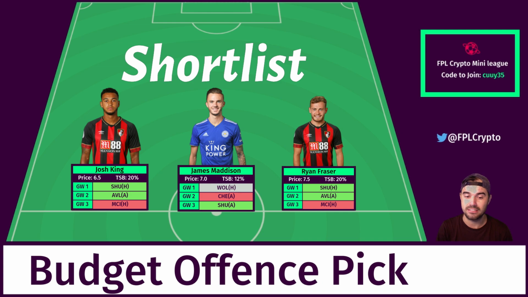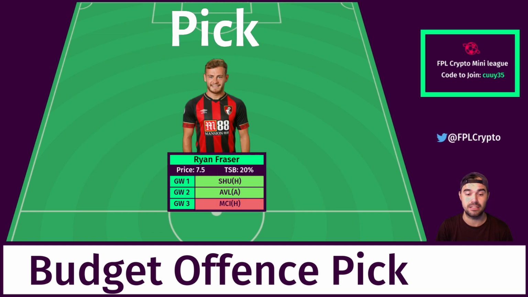Maddison had a breakthrough season last year, 7 goals, 7 assists, and with all the talk surrounding Leicester's new signings, he is kind of falling a little bit under the radar. Less talk about him. Maybe it's because he's at a 7 million price tag as opposed to Tielemans and Perez at 6.5. Ryan Fraser then is the third guy, so he has a great record, and he's my pick,